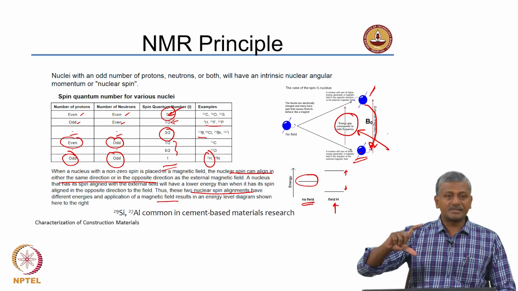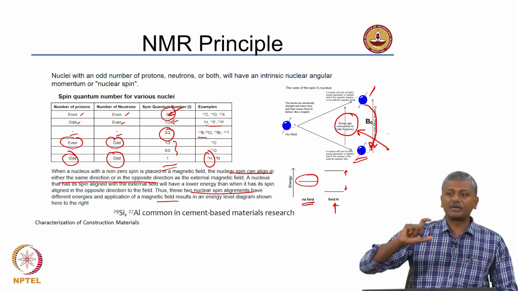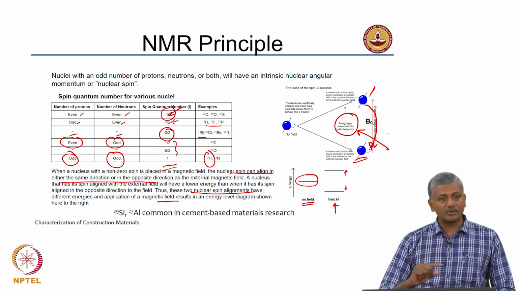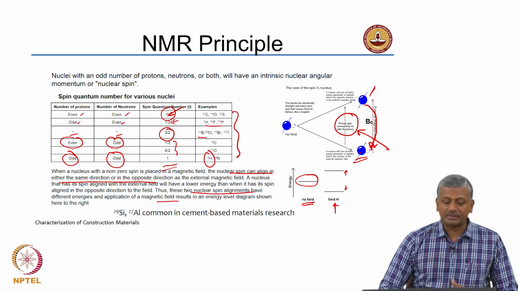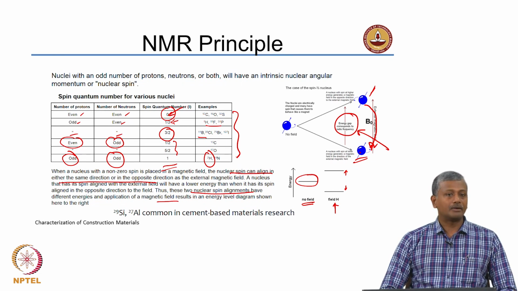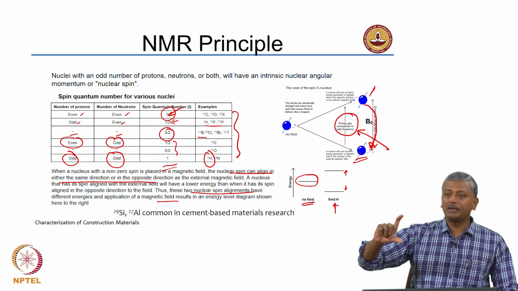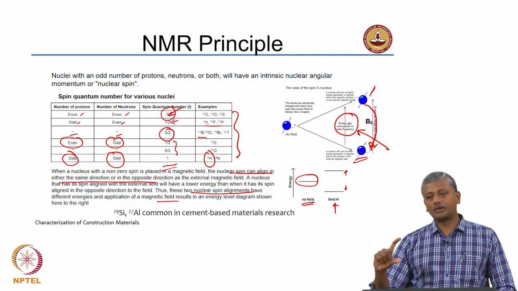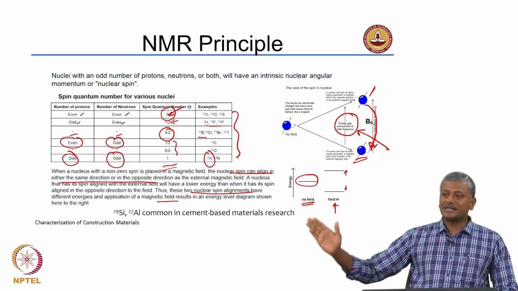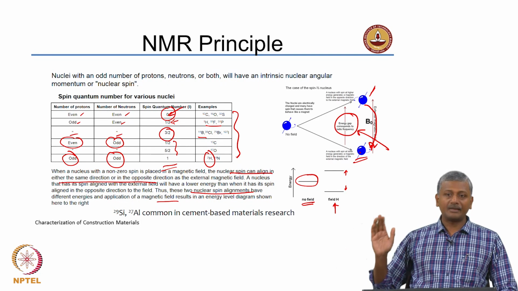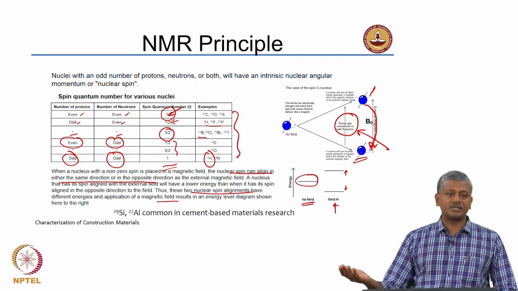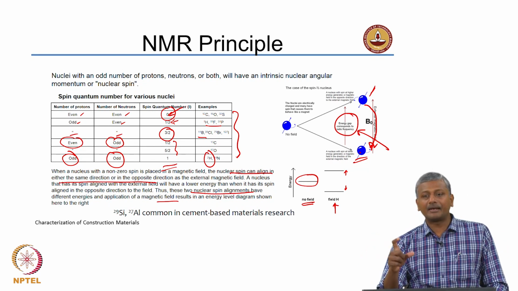So this gap is in the radio frequency range, and based on the different types of elements present in your sample, each gap between the high and low energy states will have a very discrete value, and that discrete value will have a single set radio frequency. And so with the use of radio frequency radiation on nuclei that are subjected to a magnetic field, you can analyze what type of nuclei are generating those transitions.